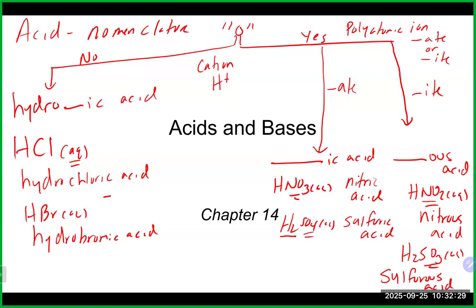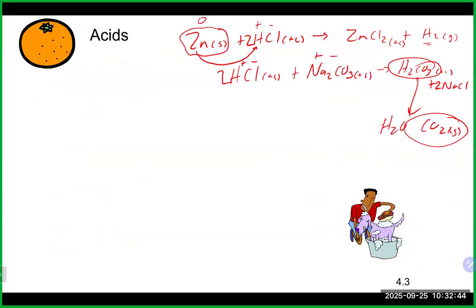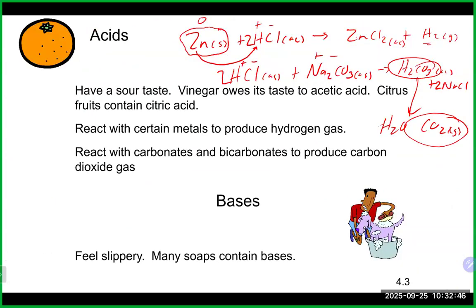Question on how to name acids. Hopefully that's review, I hope, yeah. So that way, when you have an acid, you just go, that thing over there, whatever that thing is, you know how to name it. All right, so let's get back into the main part of this here, which is